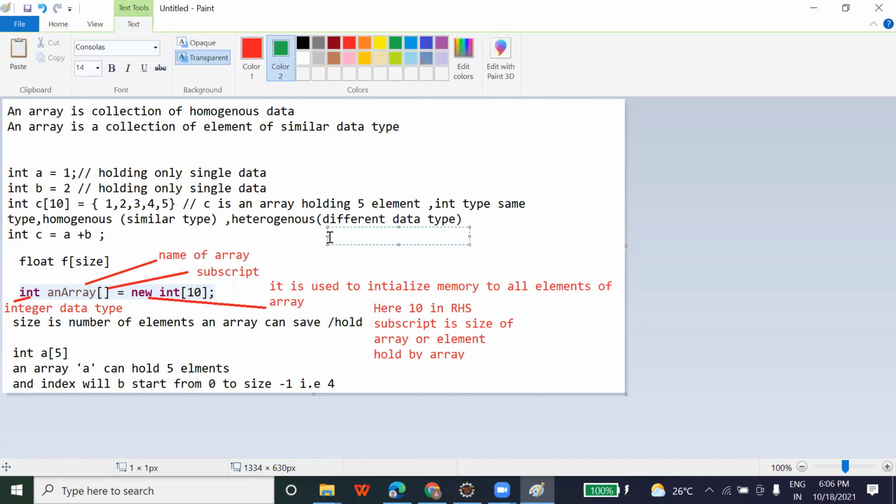Now I told you, how much memory does an integer occupy in Java? Does anyone remember? Just search it. 32 bit, sir. Correct.